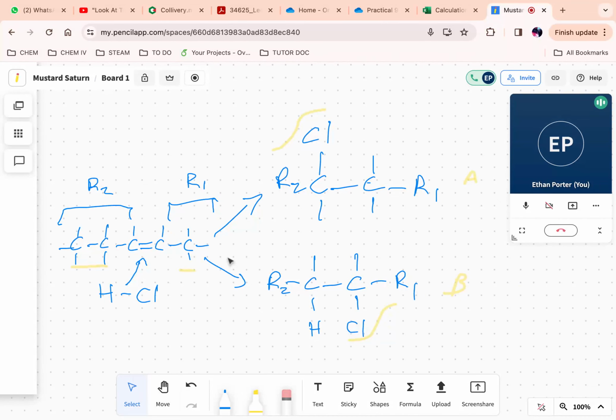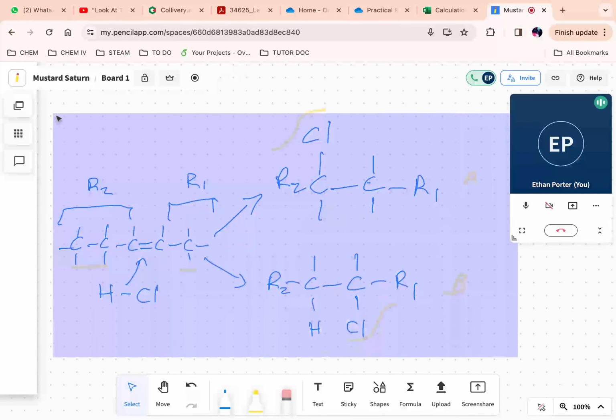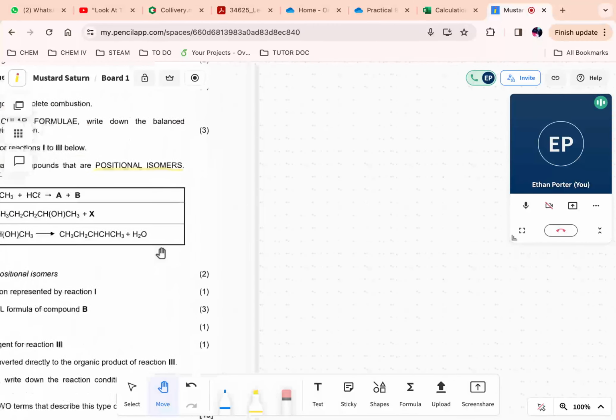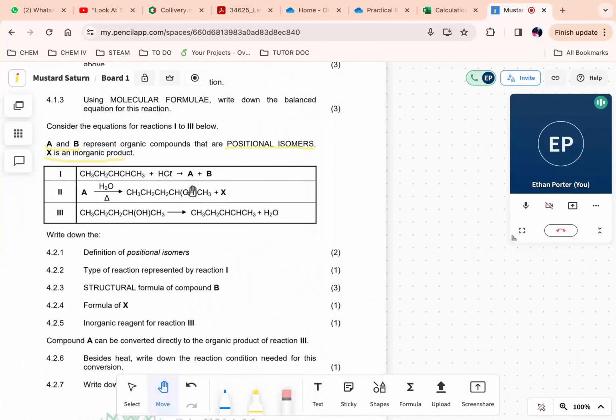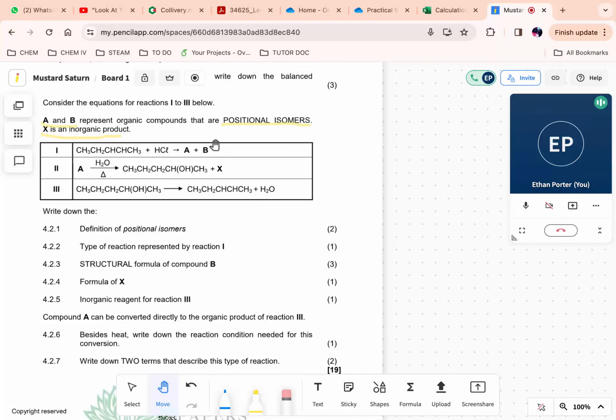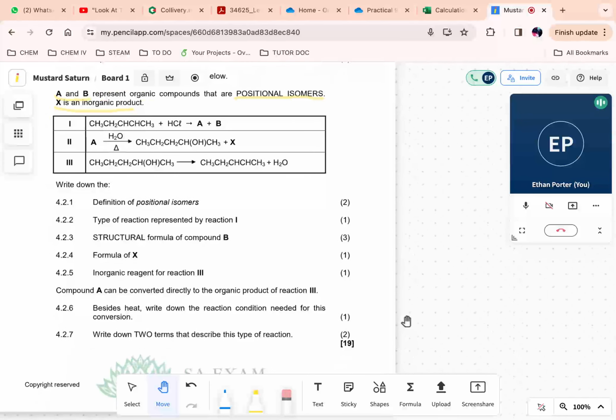Either answer would be correct. But I guess the trick to this question is just realizing why there are two products, when if you ignore the isomerism, you just expect one final product, but they throw in A and B to confuse you. So you just have to realize they're the same thing. It's just chlorine adding to a different carbon. So whichever way you draw it, any answer would be acceptable for B, because there's no way of knowing which is which. All right. So the next question,